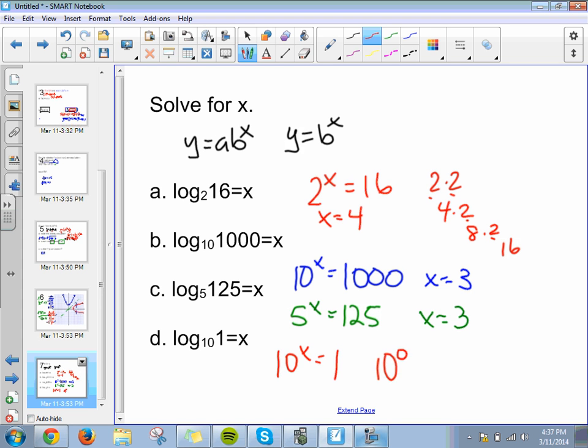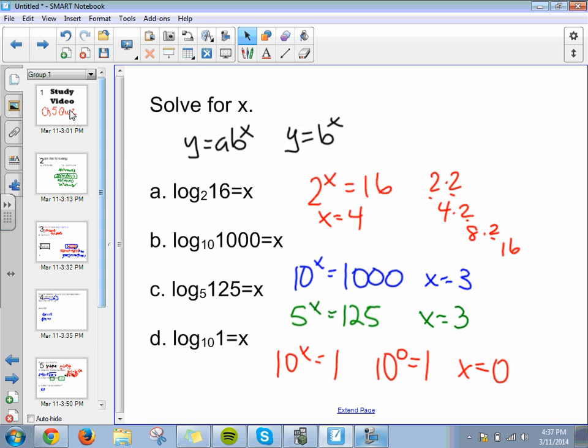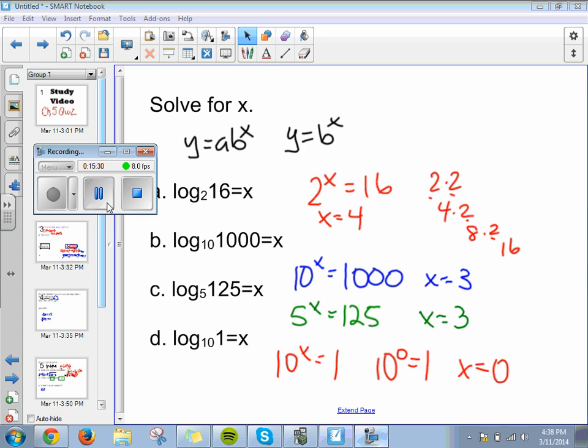And then lastly, 10 to the what is equal to 1. And we know that anything raised to the 0 is equal to 1. So x is equal to 0. This is about as complicated as logs will get, so as long as you feel comfortable converting between logs to exponents,